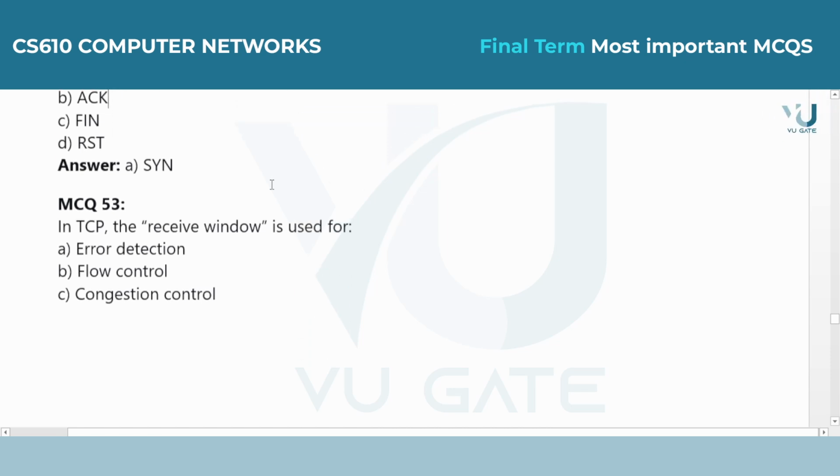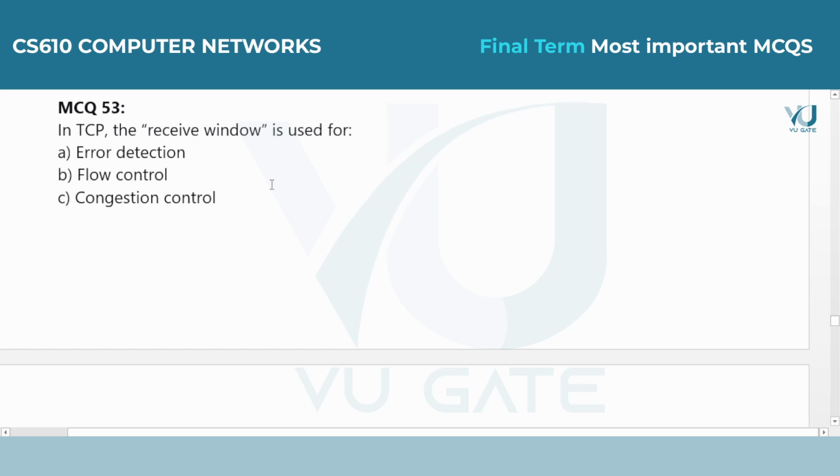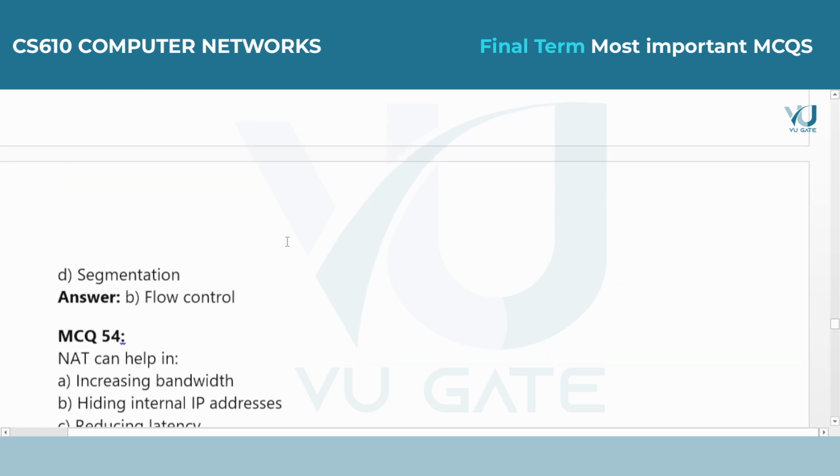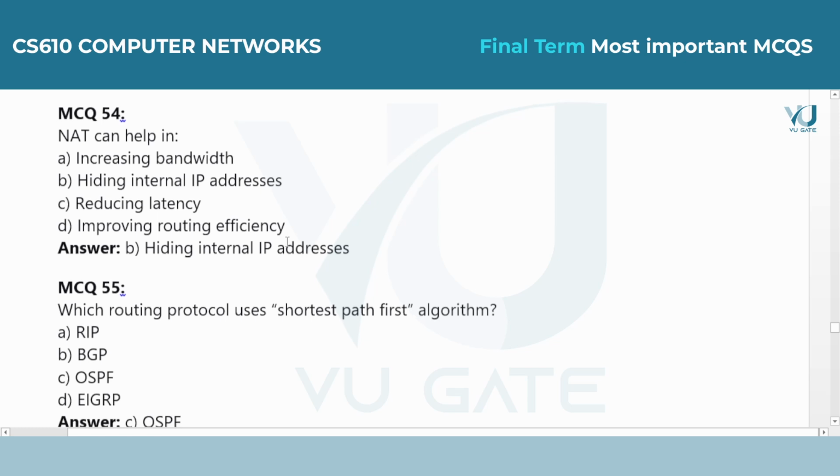MCQ 53. In TCP, the receive window is used for? Answer: B. Flow control. Concept: the window tells the sender how much data the receiver can buffer, preventing the sender from overwhelming the receiver. MCQ 54. NAT can help in? Answer: B. Hiding internal IP addresses. Concept: